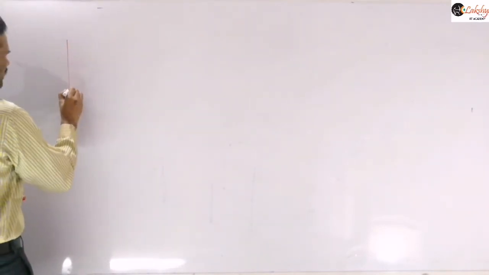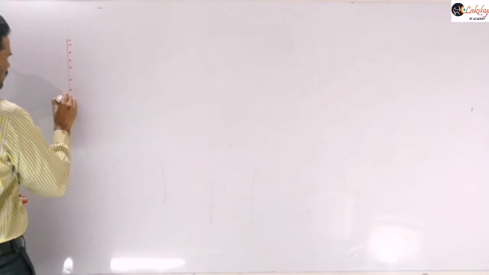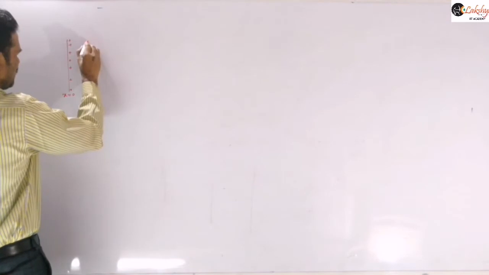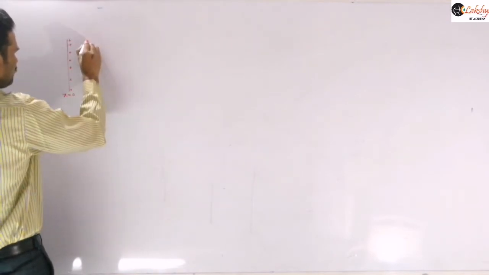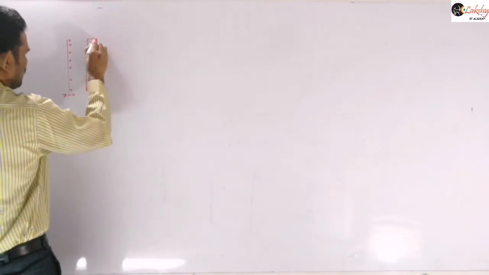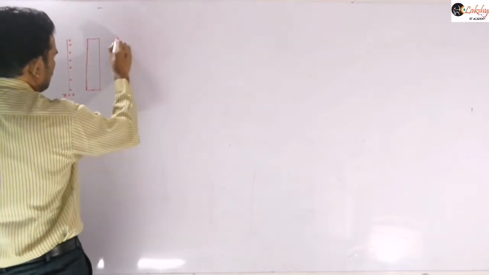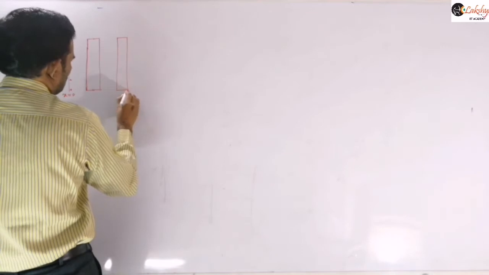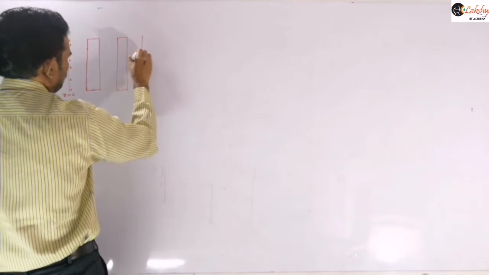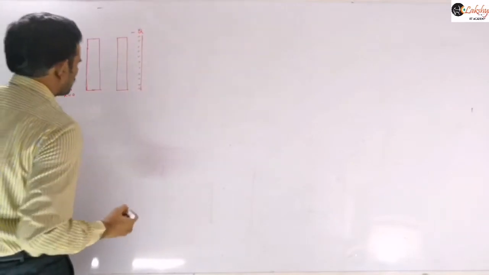That means this is a positive plate here. This positive plate is, say, placed at x is equal to 0. And here I am placing two dielectrics. So two slabs are placed here, out of which this one is a conducting plate, and this is the dielectric. This is the dielectric of thickness d. This is the negatively charged plate here. So this is the positively charged plate, and this is the negatively charged plate here.